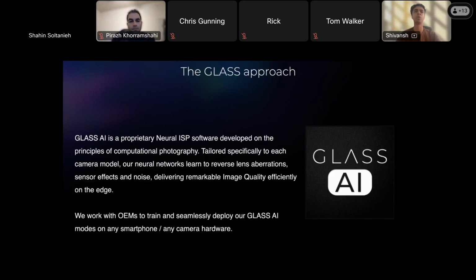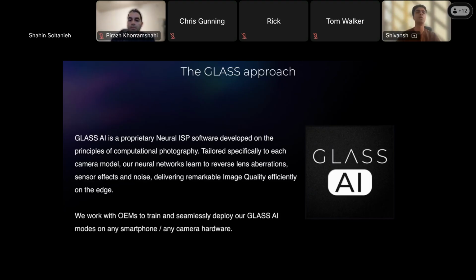Here we tailor this neural ISP block not just for one phone, but for different camera models, different lenses, different sensors. In some sense, our neural network is able to learn how to reverse lens aberrations that a particular lens module may have. It is able to implicitly learn what kind of sensor noise a sensor may have.